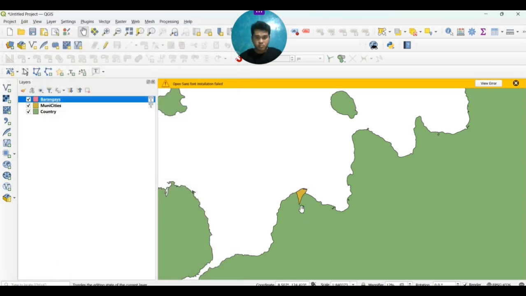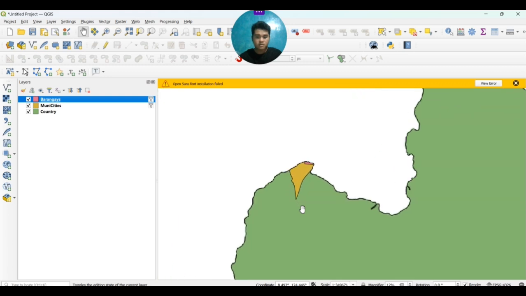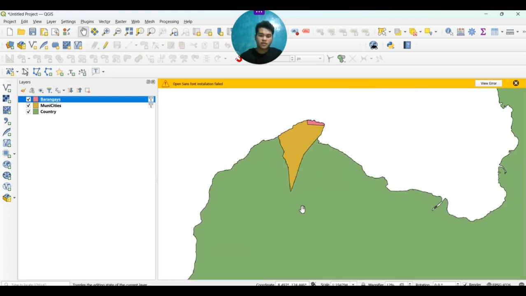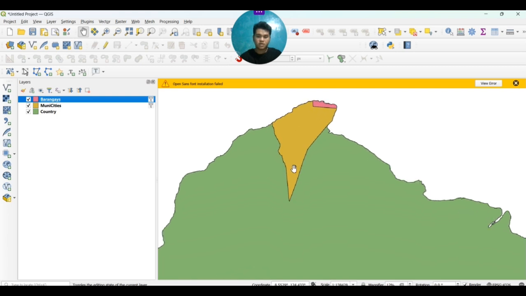So now zoom in to the area. First, the green one was the country, which is Mindanao, and then the Lagindingan area here, and then this is the barangay of Tubahon. So just zoom in to it.